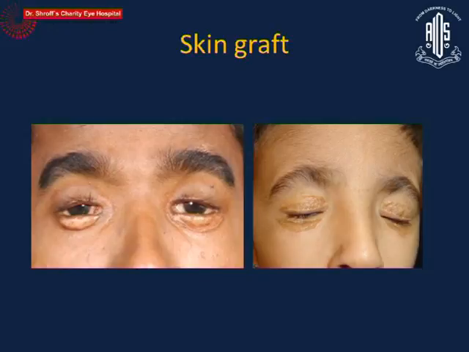And in children like this, for example, in this child who probably had an ectropion in both the eyelids and might have needed a grafting because of functional problem, exposure and all, but since in children there is not enough skin available to do a full thickness graft, a split graft was done for this patient, and obviously the appearance is not really cosmetically good and the parents are not really happy with the cosmetic appearance. So the threshold for doing a grafting should probably be a little higher in these children, unlike in adults.